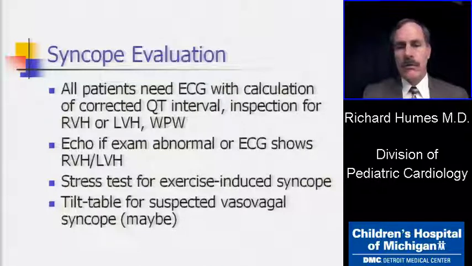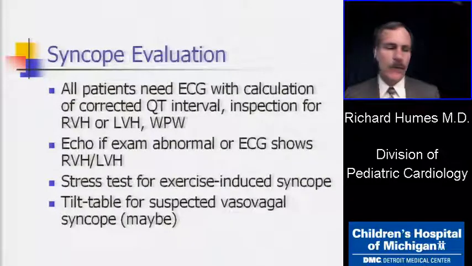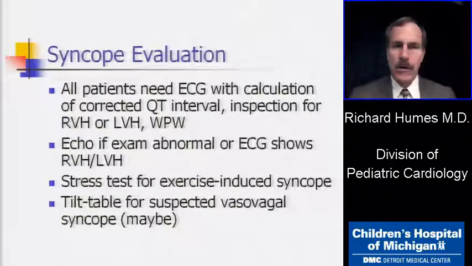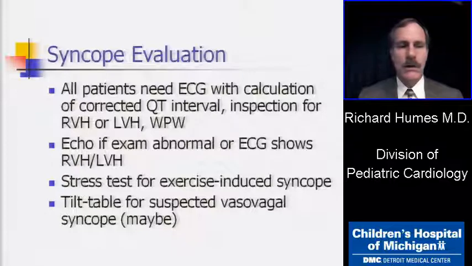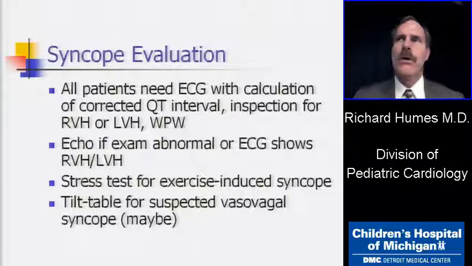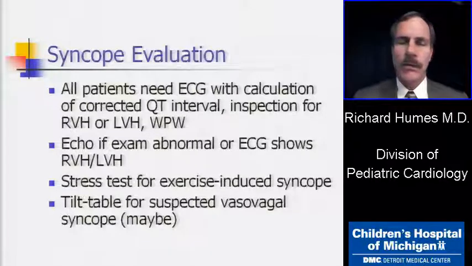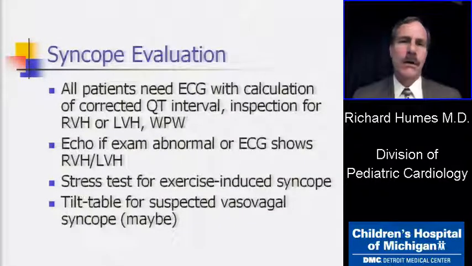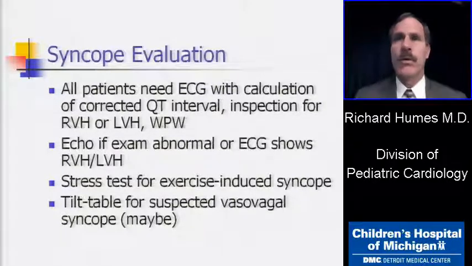Now, the evaluation of a patient with syncope can be fairly basic. Most importantly, you need a good history. I think it's very important to take a history in the manner of trying to get the patient to accurately replay the events which occurred immediately before and during and after the syncopal event. You need to know what happened to them earlier in the day, or what time of day it was, what they felt like immediately before the event, how long that feeling persisted before they had their syncopal event. All of these are very important in both how you're going to evaluate and potentially how you're going to treat